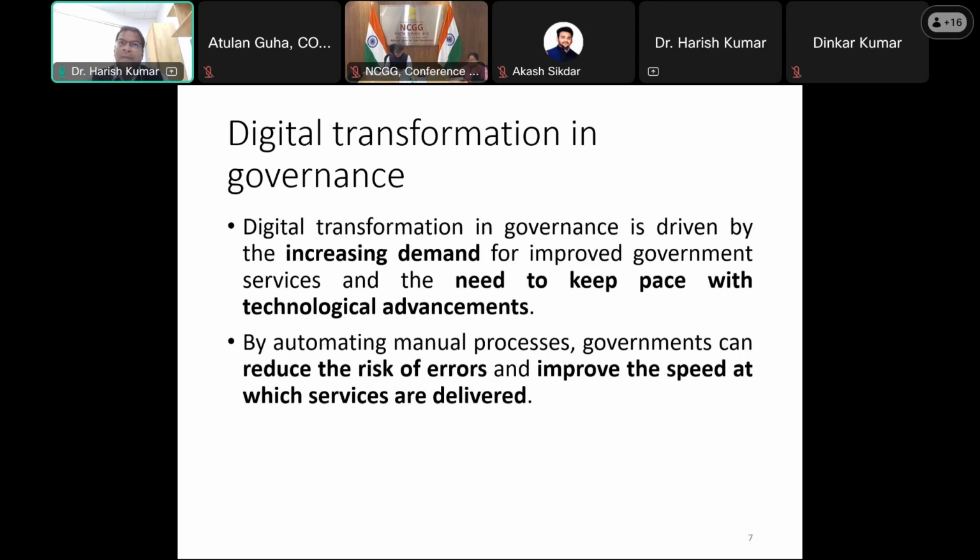So why is it demanded in the government sector? Because of increasing demand for services and technological advancement day to day. Every year we are moving with new technology, implementing new technology, and how is it going to cope with the increasing demand for services and utilities? The third one here is to reduce the risk of errors. Errors means maybe a mismatch, or no beneficiary, or a false beneficiary, or a cyber security risk nowadays. Like we have deepfakes and other cyber security issues in our government sectors, whenever we are using more and more online platforms, right?